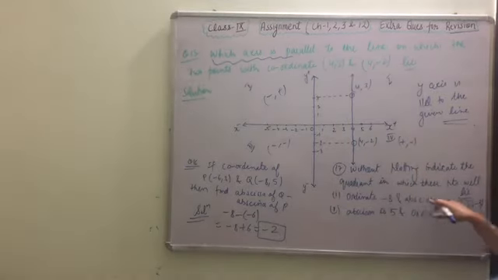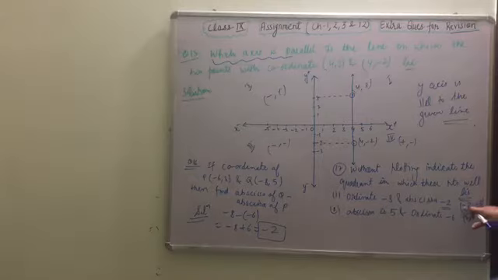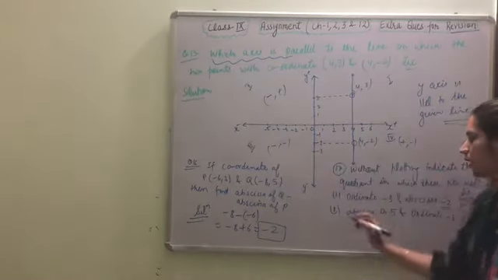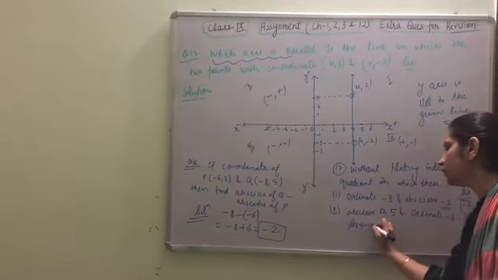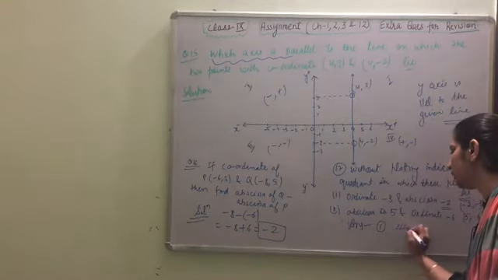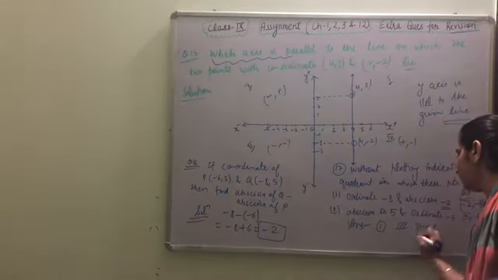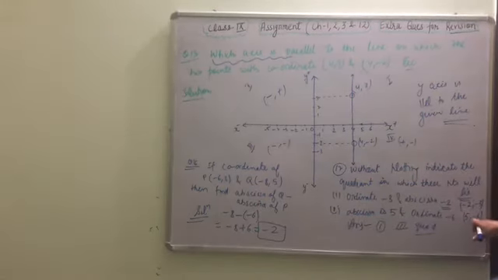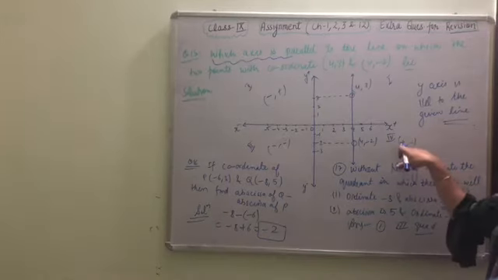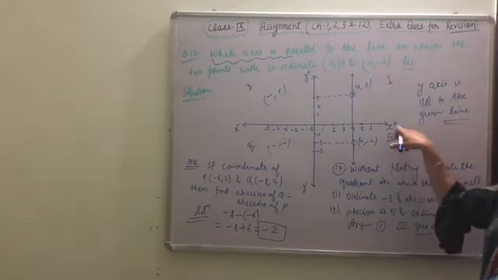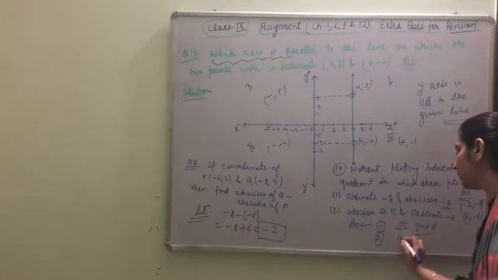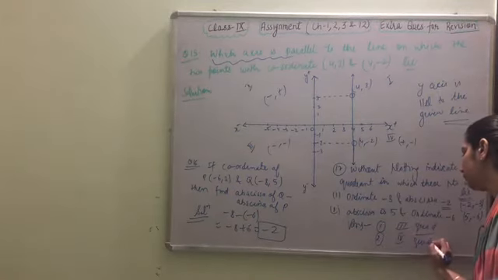Now just look here. Negative, negative, both values negative. In which quadrant? The answer for the first part is the third quadrant. There is no need to plot it. And the second part, x is positive, y is negative. In which quadrant? The answer is the fourth quadrant. Second part, answer is fourth quadrant.